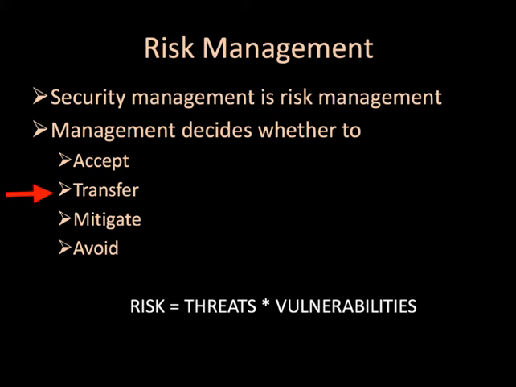We transfer risk with insurance in cases where risk is too high, but controls are as good as is reasonable and appropriate for business operation, and the cost of the insurance is lower than the potential business impact. We mitigate risk with controls when the annual cost of the controls is lower than the potential annual business impact of the risk. Finally, we can avoid risk by simply removing or not implementing that which is causing the risk.